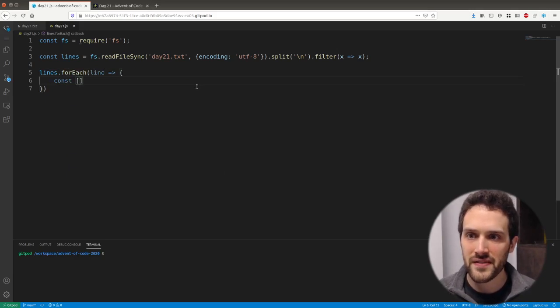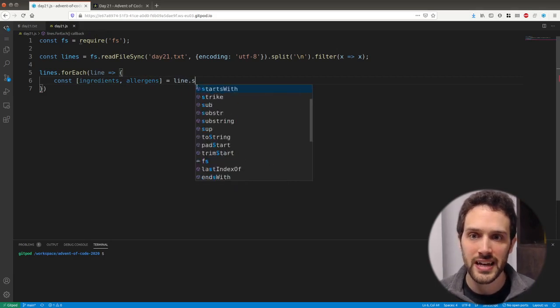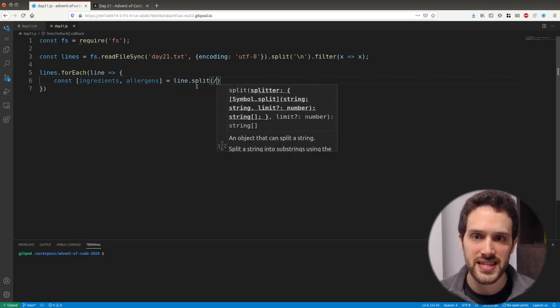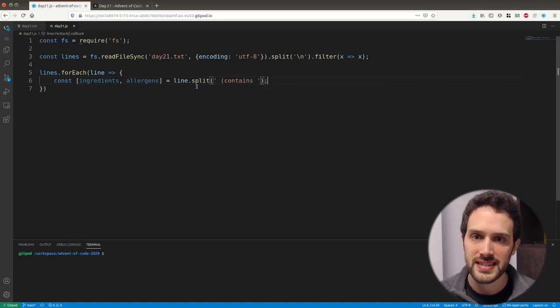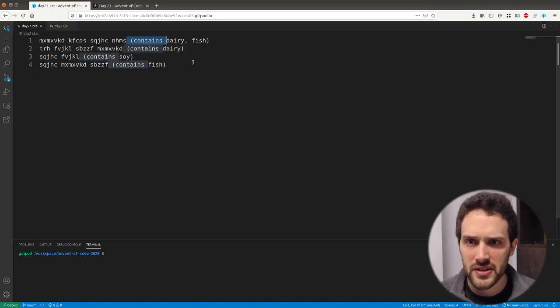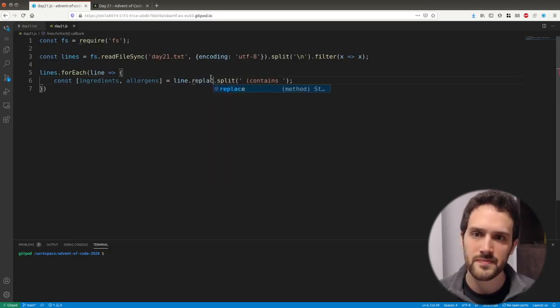On the left side the ingredients and on the right side the allergens, and we want to split the line with this piece of string that I've just copied. However, if we do that, we're going to have trouble because there is this thing at the end of the string. So I'm going to remove it right away